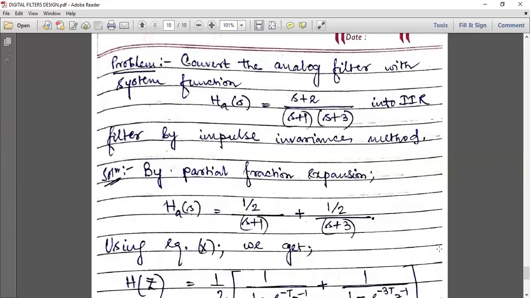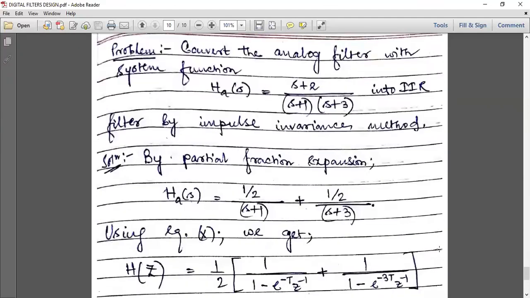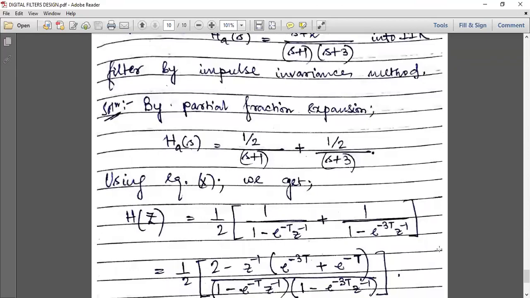Now equation 10, 1 by S minus Pk turning out to be 1 by 1 minus e to the power Pk into t into Z to the power minus 1. So using equation 10, we get H(z) will be equal to half into, you see, half of the coefficients of partial fraction expansion, Ck here. So half into 1 by S plus 1. How will you express it into digital form? It will be expressed as 1 by 1 minus e to the power minus t into Z to the power minus 1 plus